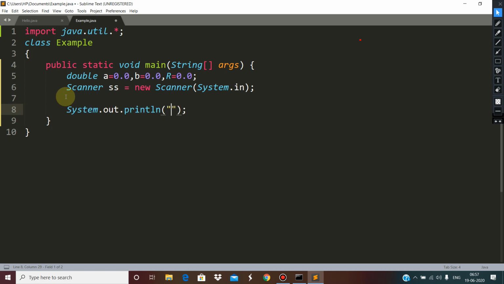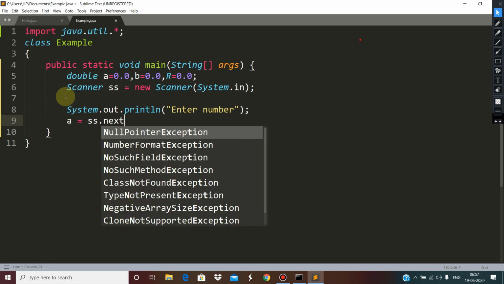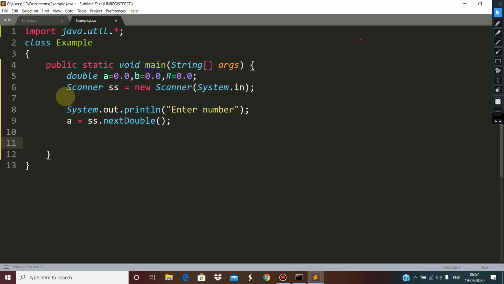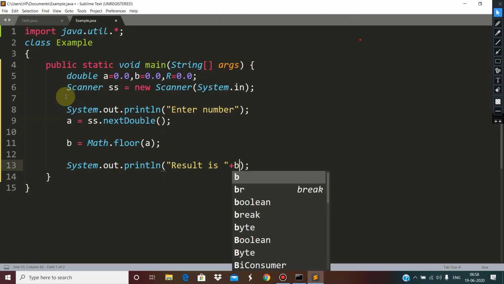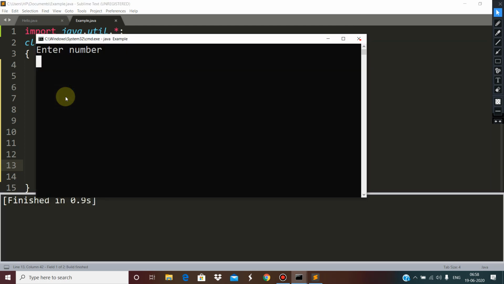Children, here just enter a number, and here A is ss.nextDouble we have entered, and here B is math.floor(A), result is R. Children, suppose the number is 12.3, what it will do, it is going to return B, not R. For 12.3, the result will be 12.0. So here what floor does, it comes down.